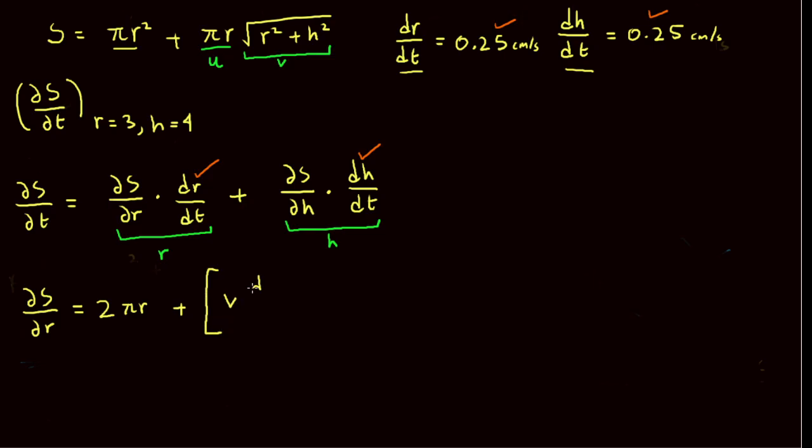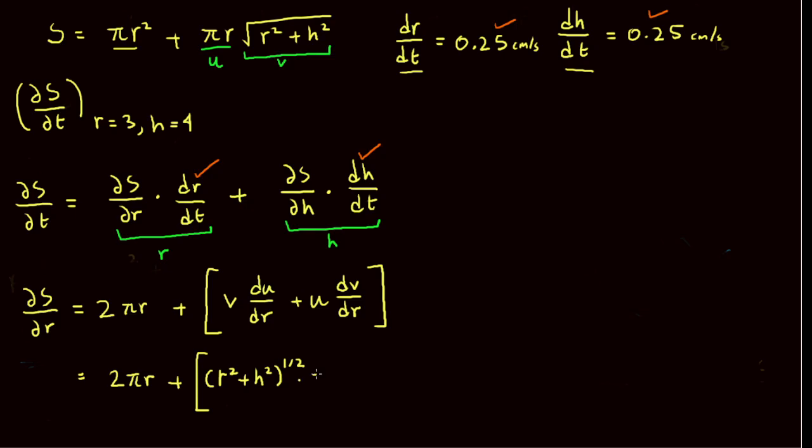It's going to be v du dr plus u dv dr. So it's going to be 2 pi r plus v, which is r square plus h square to the power of half. du dr is simply pi, plus pi r, that's your u. dv dr is simply half, doing inside by outside, so r square plus h square to the power of negative half times 2r. That's about it. Then del S del R